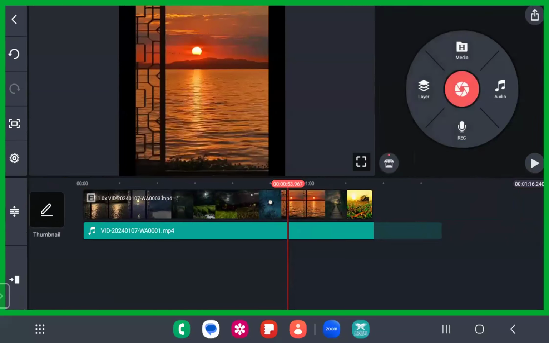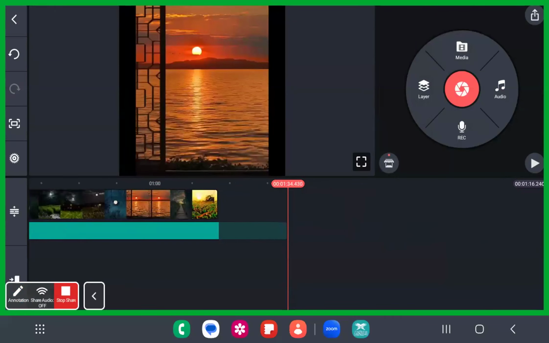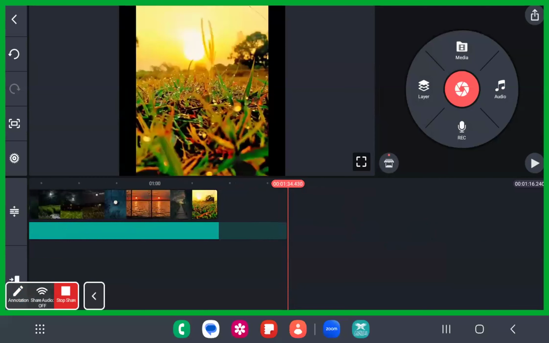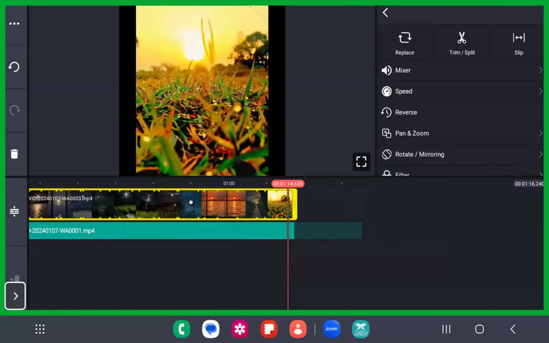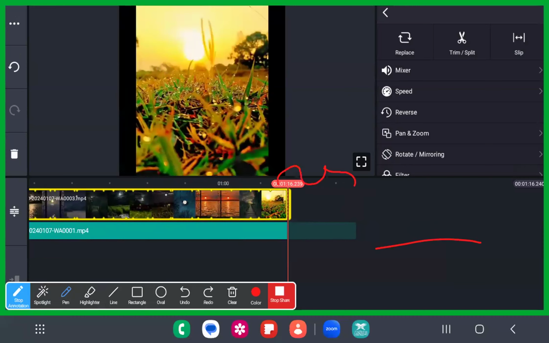So can you just, dear sisters and brothers, can you just see here? This audio is of how many minutes? I'll just say this audio is 1 minute 34 seconds. Fine. And this video that is behind here is 1 minute 14 seconds. So how to increase the video duration? You cannot increase it like this. You have to decrease the speed of this so that it will increase till here, right?